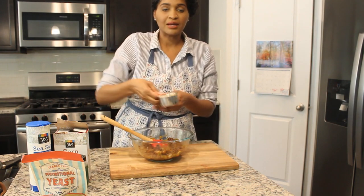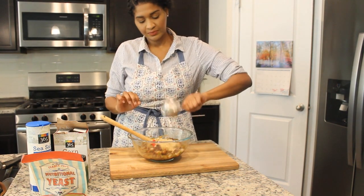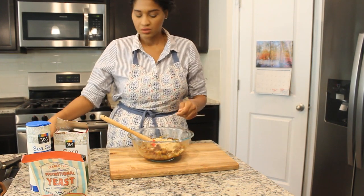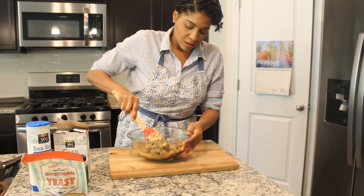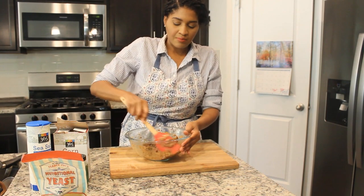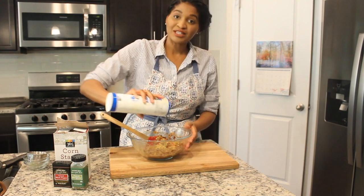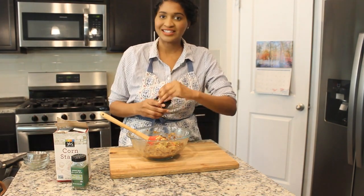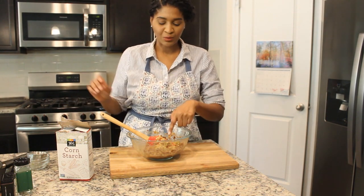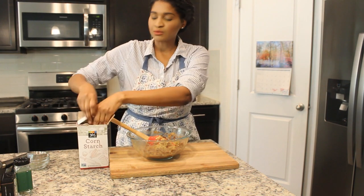I'm going to go ahead and add in my breadcrumbs, which is crushed walnuts. I think they're going to add a little bit more flavor to the dish. In some oregano, some nutritional yeast, black pepper, salt, and now we want to add in some cornstarch